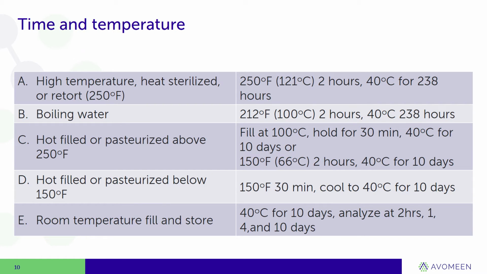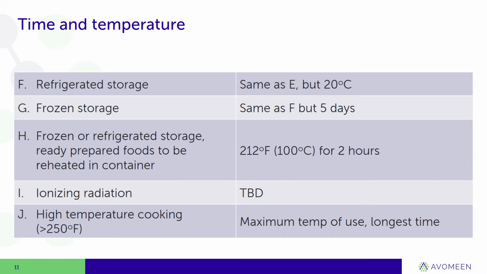Time and temperature. The time and temperature should be the most severe that you will ever experience in its typical use. If it is high temperature retort, then you do 250 degrees Fahrenheit or 121 degrees C for 2 hours. That's in an autoclave under pressure, and you can do that with the aqueous food simulants. If it's room temperature, you use 40 degrees C for 10 days, and then you analyze it at 2 hours, 1 day, 4 days, and 10 days. And all of these are in the food chemistry guidance